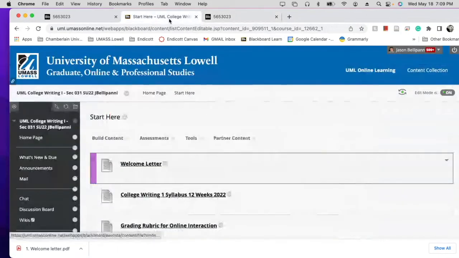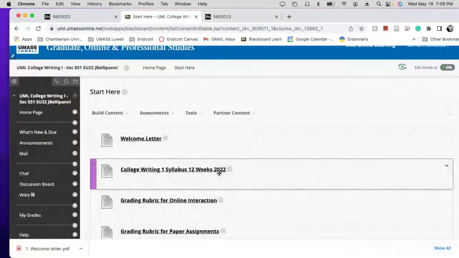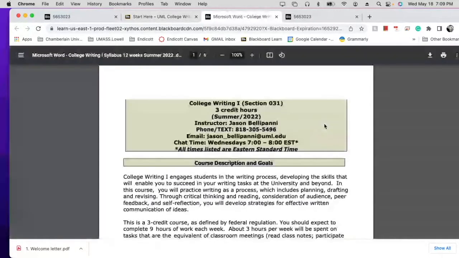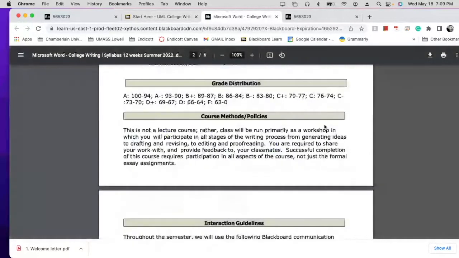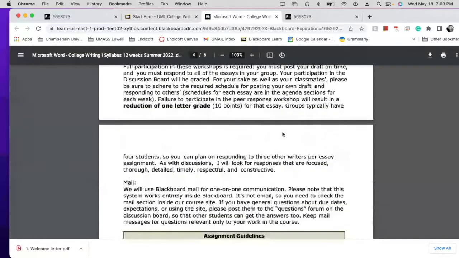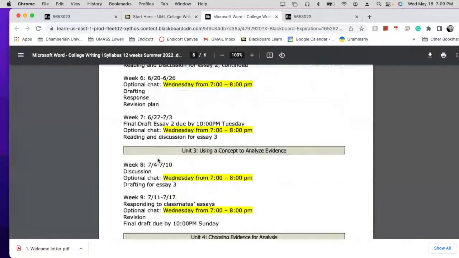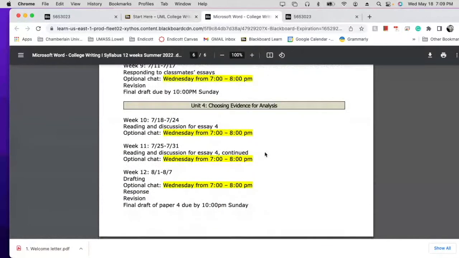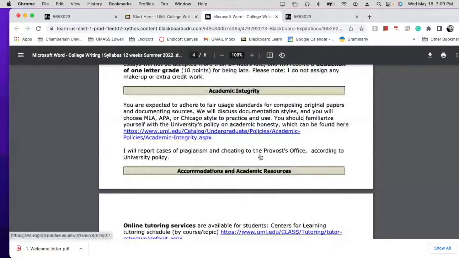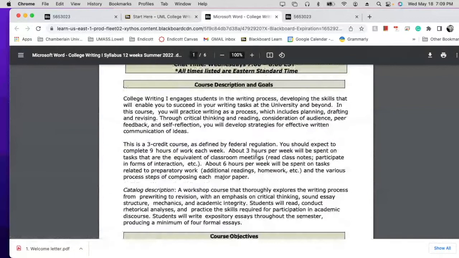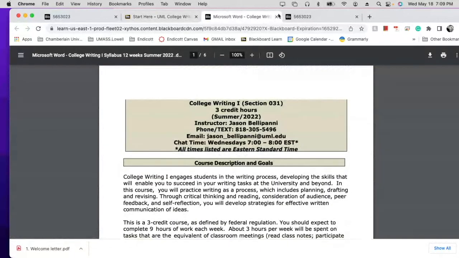But anyway, you get the welcome letter, you want to get the syllabus, and you can look over that. It's a very standardized syllabus. The end has some of the dates, like it has the whole semester planned out, but it doesn't really tell you much information. So you want to look it over, because those are all the official policies.